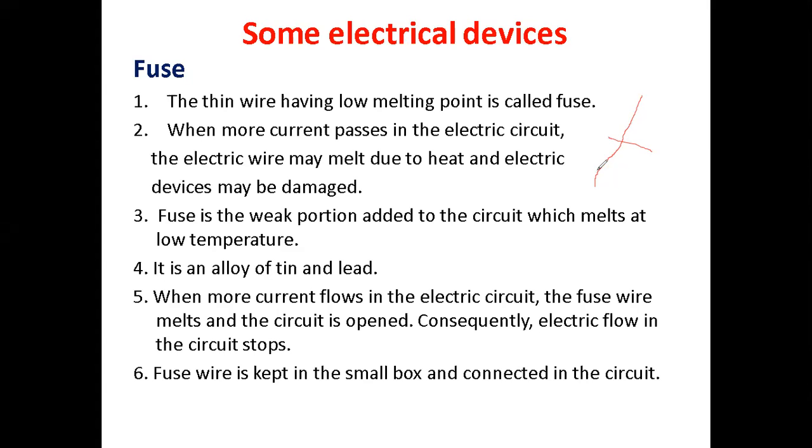अनि सामान जोगिन्छ। Therefore, fuse is a weak portion. Fuse is a weak portion. मसिनो तार हुन्छ, त्यसैले weak portion added to the circuit. It is made by alloy of tin. Tin को यौगिकसँग यो फ्युज बनाइएको हुन्छ, tin. Tin is one metal. By the use of tin, this fuse wire is made. Okay, this is a very protective circuit in our houses.